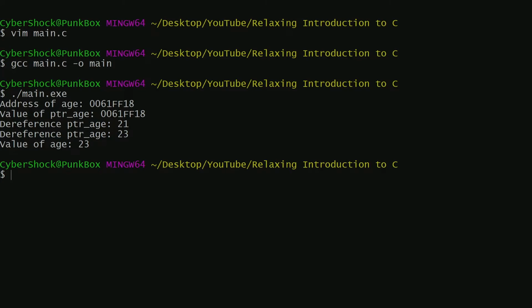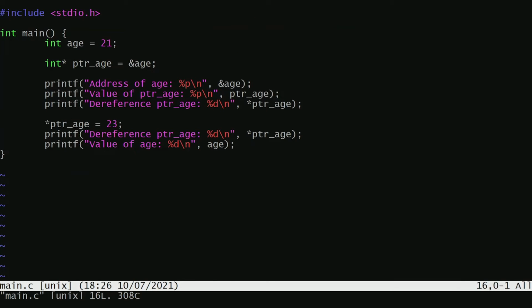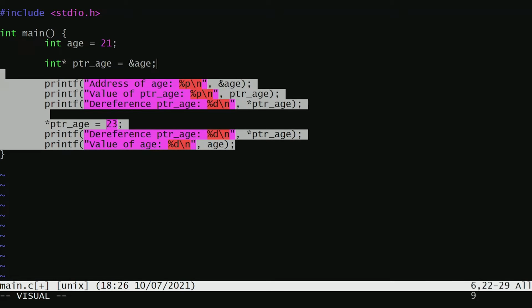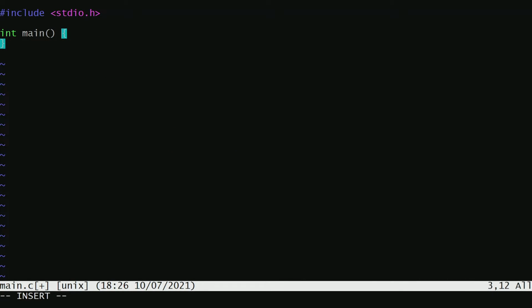And you can see at the bottom there, the value of age is now 23, and when we dereference the pointer age, it's now 23 as well. So why is this so useful? Well, basically, when we were passing our variables into our functions, so for example,